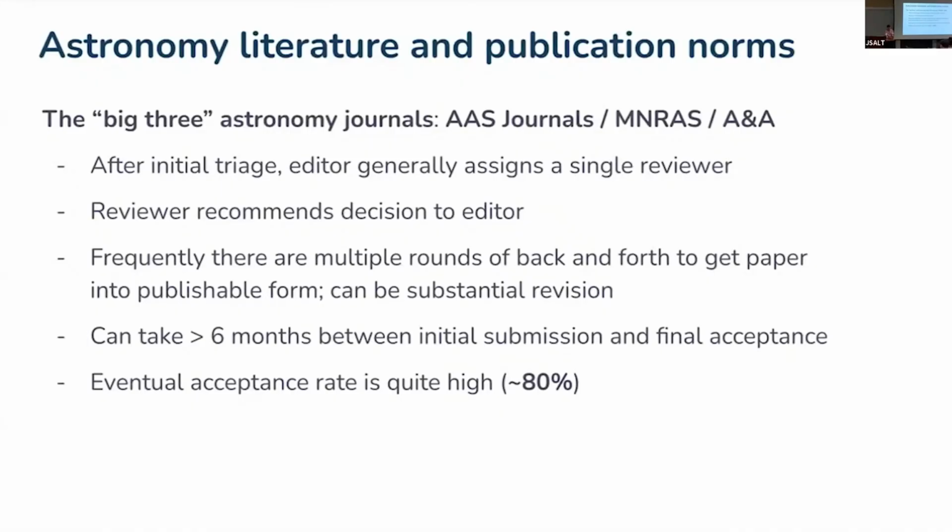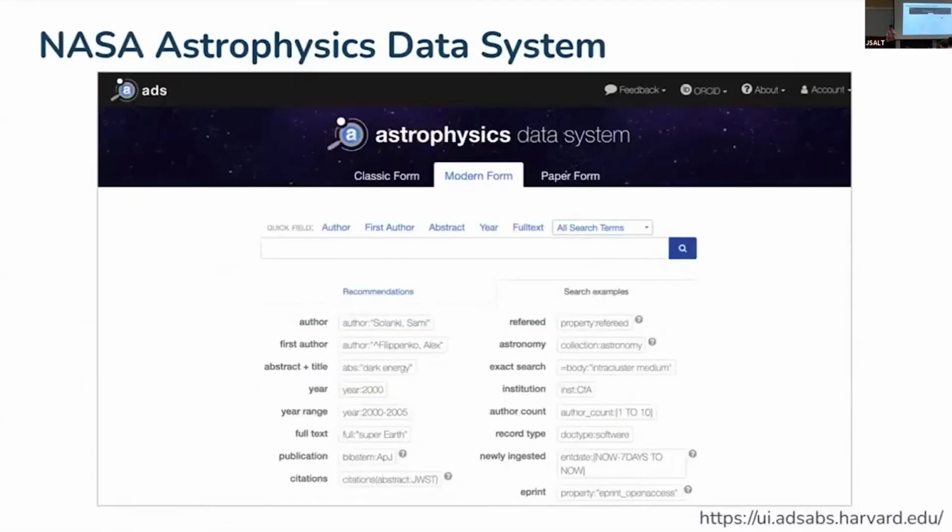Okay, so that's kind of how the system works. But let's say you have your papers now, and it now gets indexed into a library system. So NASA Astrophysics Data System, or ADS. It's sometimes said that the mark of an astronomer, like how do you know somebody is a professional astronomer, is they know how to use this system, right? Anybody who knows how to use this system can call themselves an astronomer, because this is just so integral to being able to search the literature to understand all the prior art in astronomy.